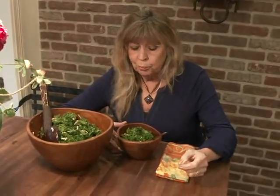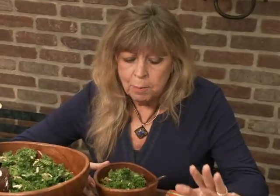That pumpkin oil is fantastic. You have to try pumpkin seed oil. All the other elements work with it so well. I've never had anything like this. And I can tell you this,